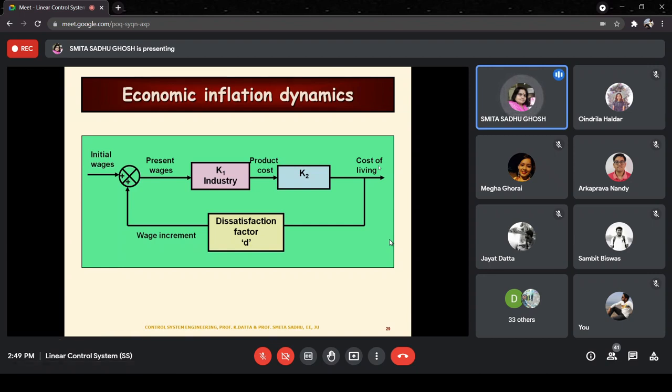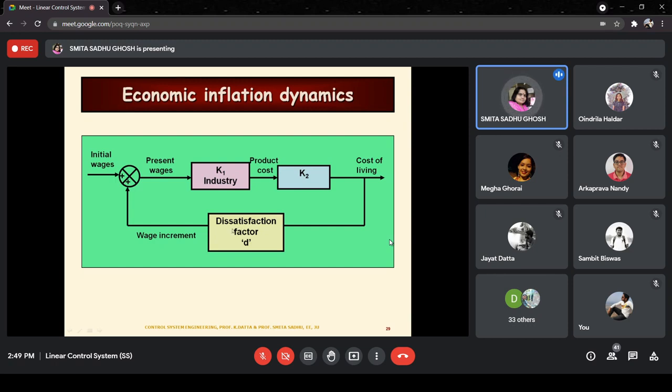Till now we haven't spoken about the wages, but naturally, if they have to buy something, they have to buy it out of their own means. Their own means means that the wages that they were earning will be spent to buy that product. So there will be a dissatisfaction that the workers will be having, right?